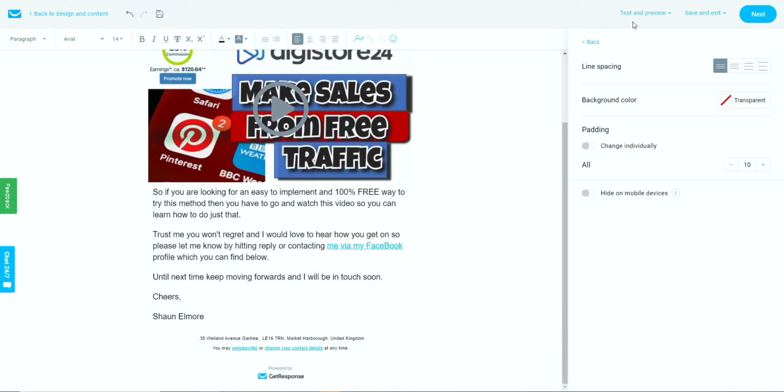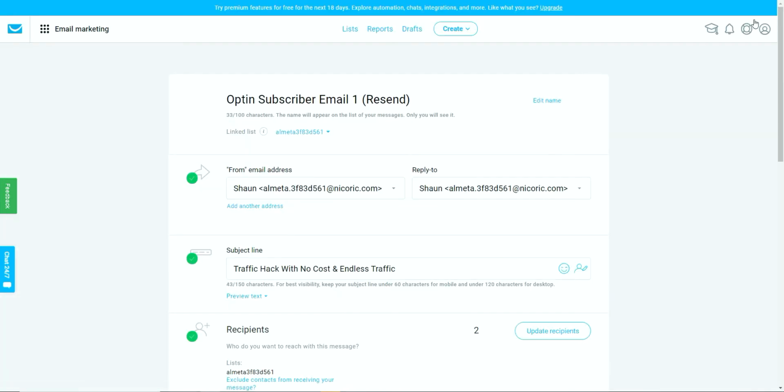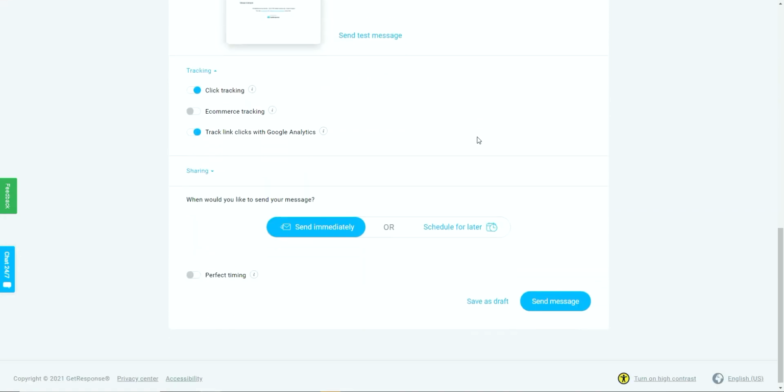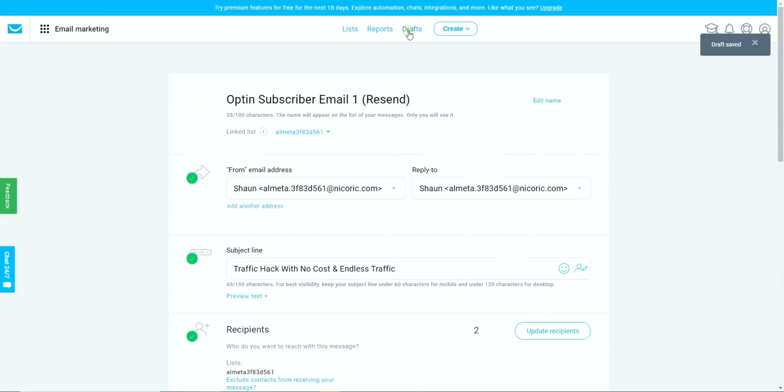We've already checked it in mobile view and actually previewed it. So if we go to next, we can see it's opt-in subscriber email 1 resend, and then we want to save it as draft. Now we've done that, if we go back to our drafts, we can see